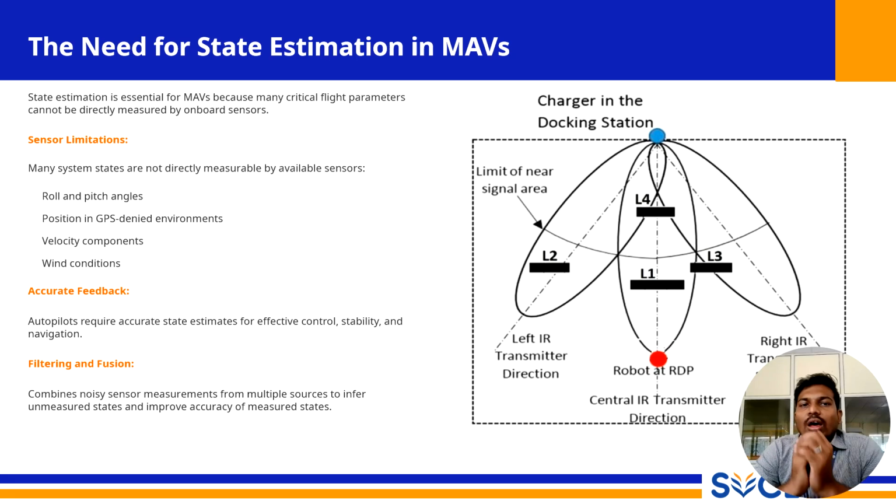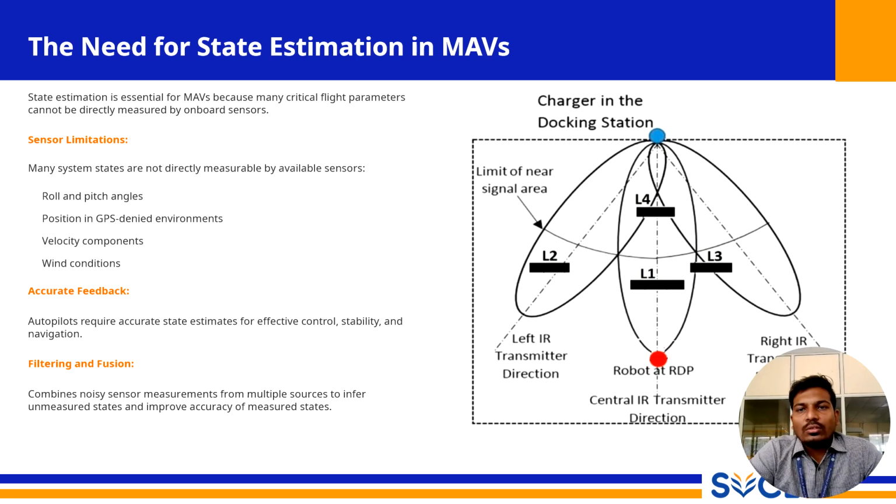Providing clean, accurate, and reliable state information to the controller is perhaps the single most important job of the MAV's navigation software. The solution to this problem is a process that involves